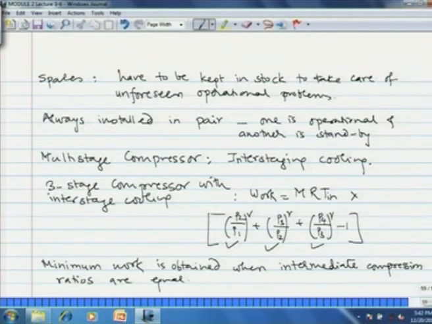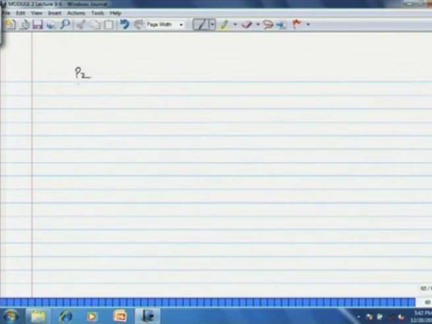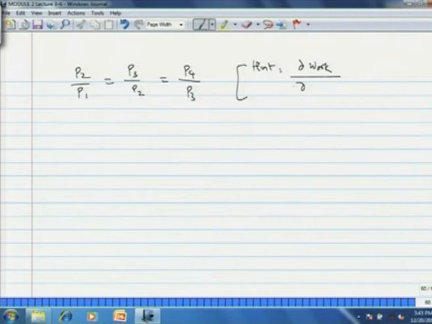Which essentially means that P 2 by P 1 should be equal to P 3 by P 2, which should be equal to P 4 by P 3. You can very easily show this particular result. I am giving the hint. You have to take the partial derivative of the work with respect to the intermediate pressures and then equate to 0 to get this result. The cost,